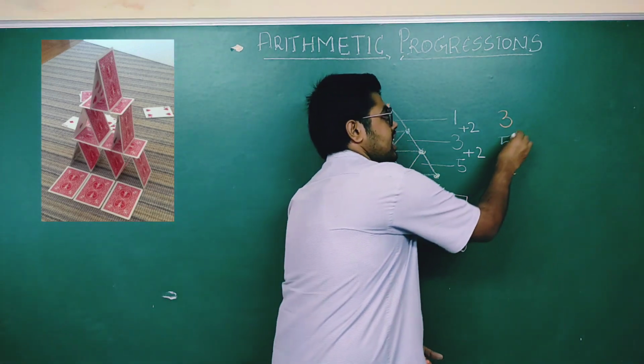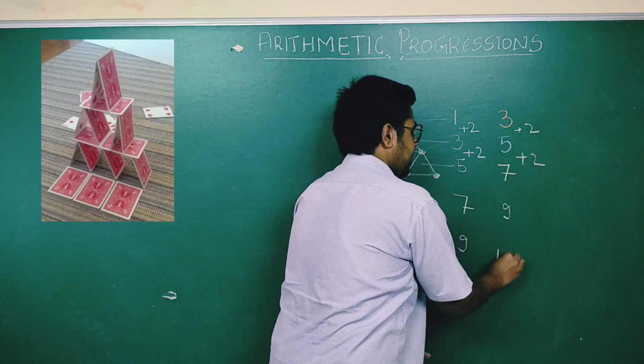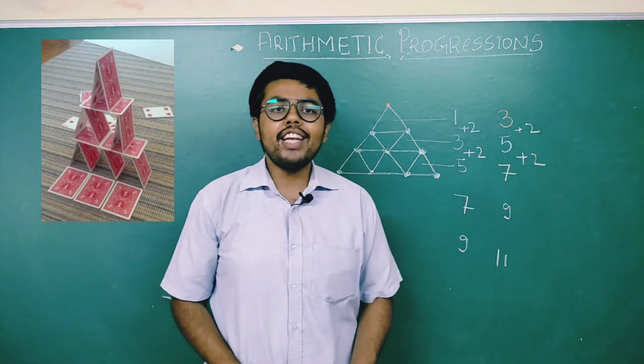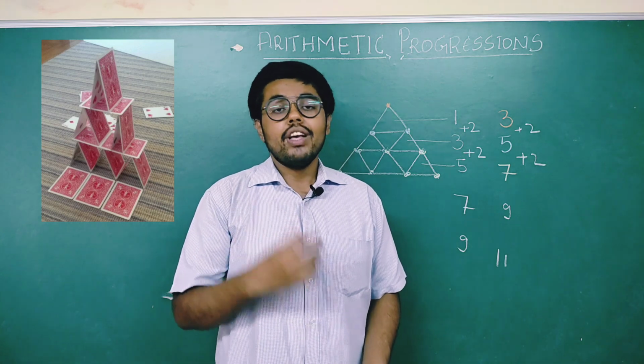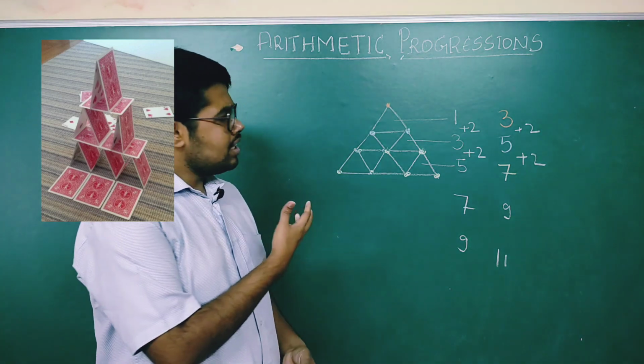It would have been, if you see here again plus 2 increase, there is an increase in it, it will be 9, it will be 11. Correct? You can see a particular pattern even in the game that you can buy, building the house of cards. Okay, so this is the pattern.